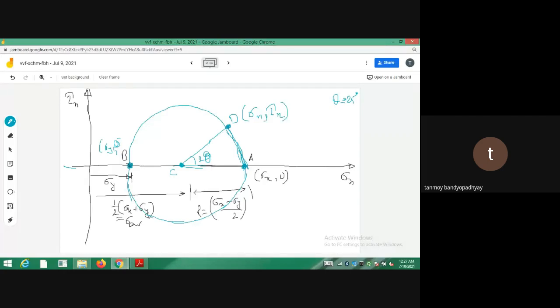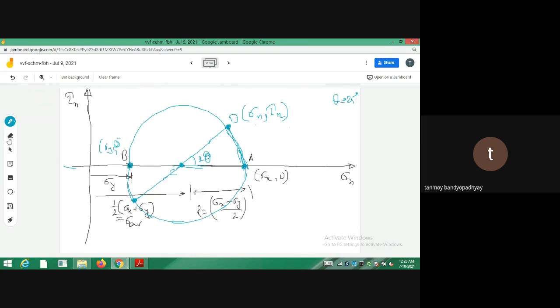Why? I am explaining. Understood? So whenever you are supposed to find out the stresses, you draw a line at 30 degree or at a 2 theta orientation. At whatever point it is intersecting the Mohr circle, that point will be carrying a stress of sigma n and tau n. And similarly, you find out the diametrically opposite point. On the diametrically opposite point you will be getting a point, say D prime.